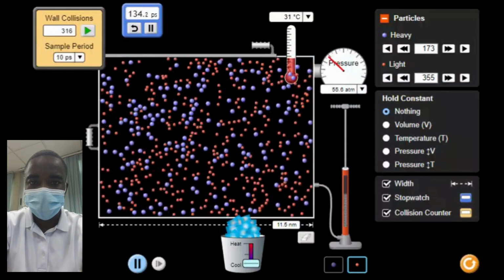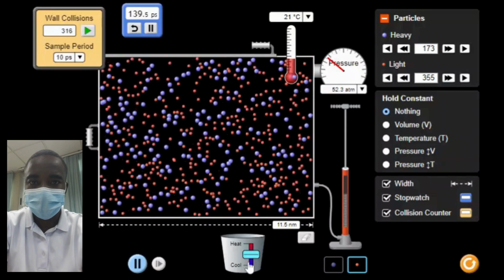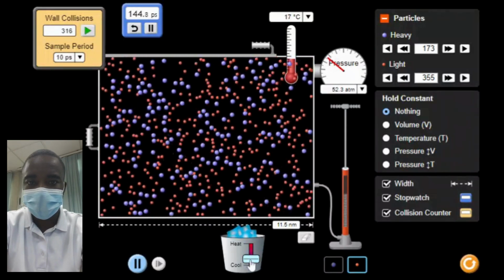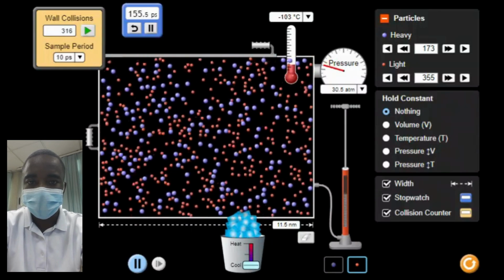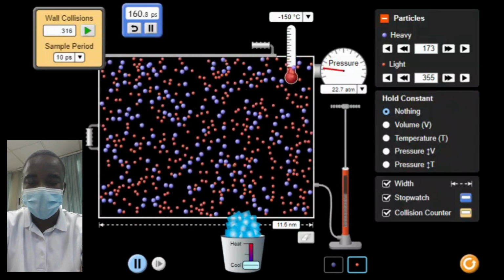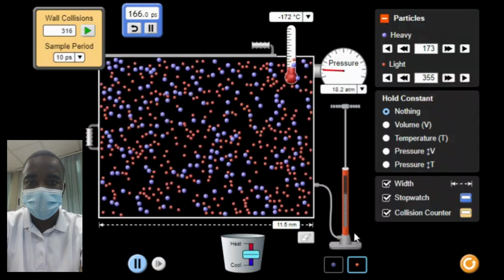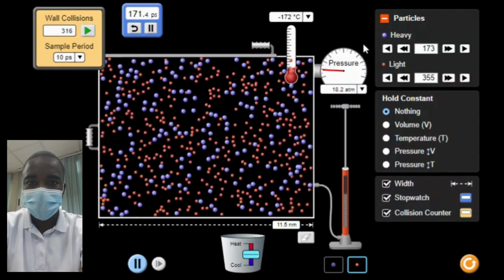Students can also identify when PV work is done on or by a gas. PV work is the work done by a gas as it expands, or the work done on a gas as it is compressed. By observing the changes in pressure and volume, students can understand the concept of PV work and